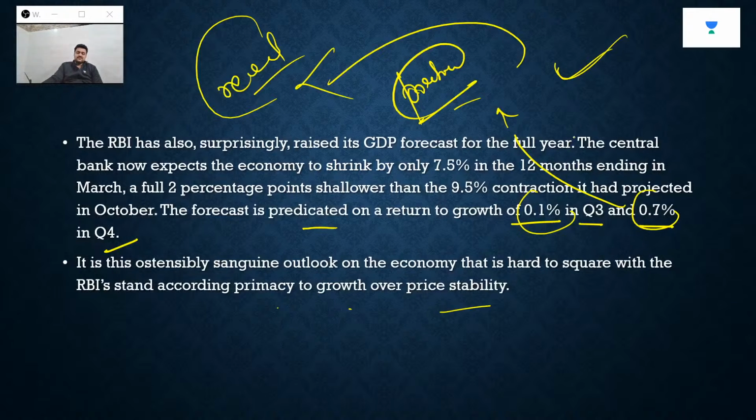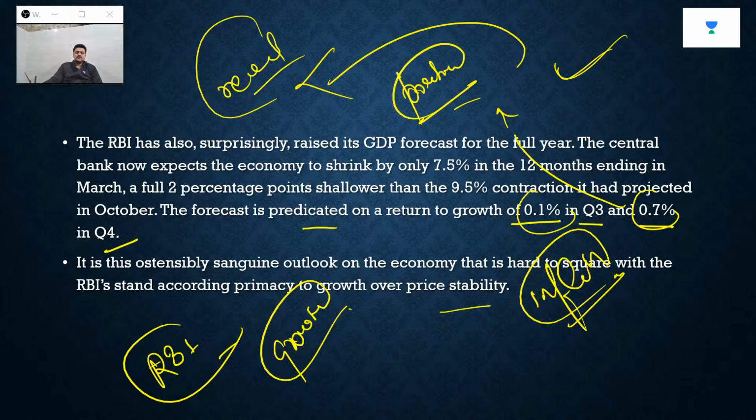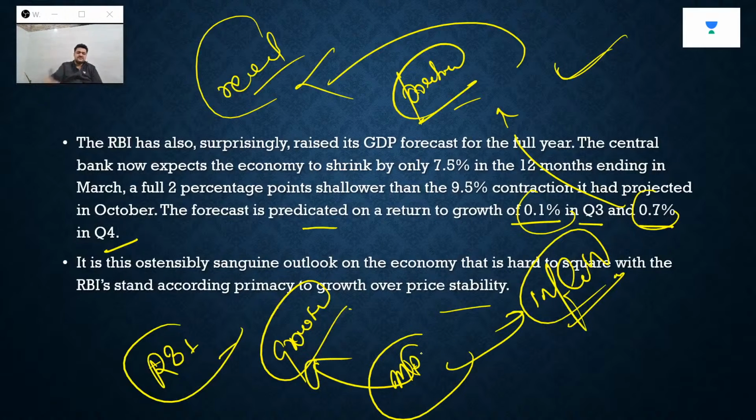So the editorial, the newspaper here, is of the opinion that when you highlight RBI's projection, whereby growth is already in the offing and inflation is out of the bound, even then the Monetary Policy Committee is focusing on growth instead of inflation. Okay, but in my opinion, this view of the Monetary Policy Committee is again correct, because this particular percentage of growth will not be enough to spur the productivity in the economy. Okay,